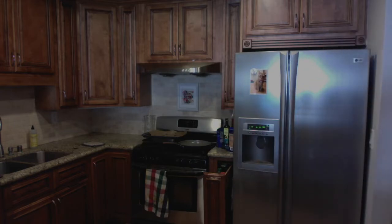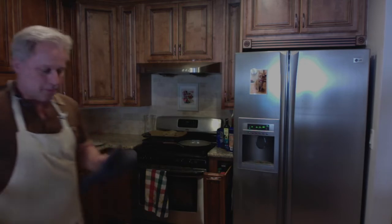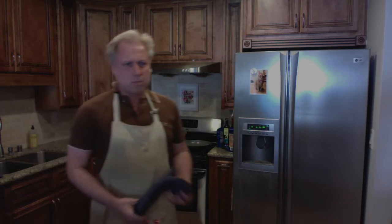Hold on a second. Okay, somebody said it's been in for 12 minutes at this point. I did not set a timer, which was really a bad idea, but I'm going to get an oven mitt here, which I have found is extremely important. See how things are going here. Oh yeah, okay, interesting. It's pretty darn close, you guys. I don't know if you were able to see anything from what I just did there, but